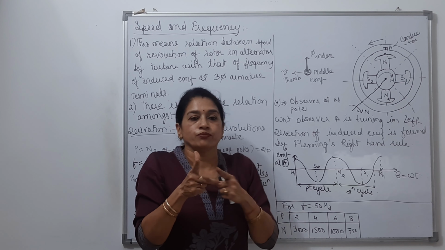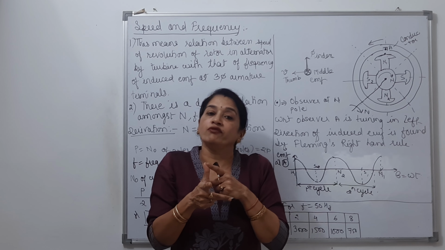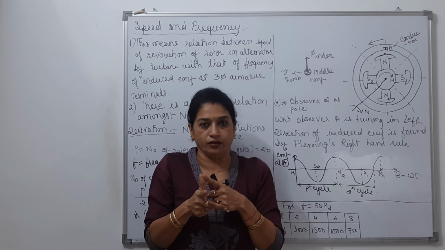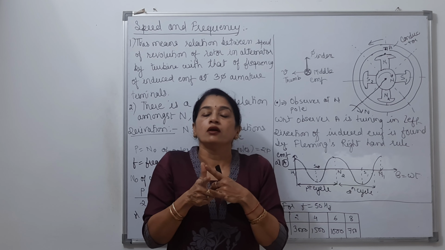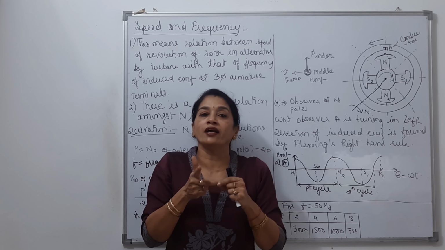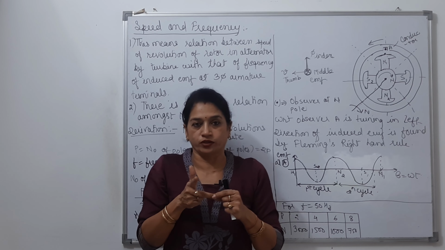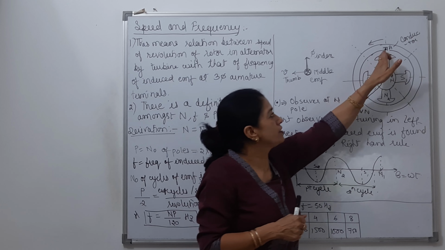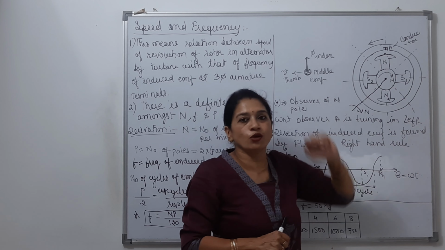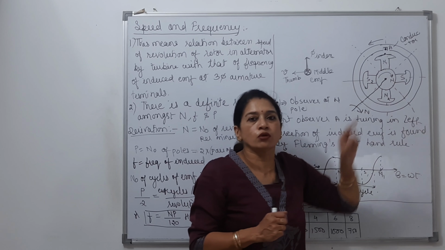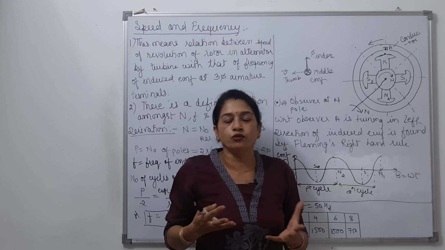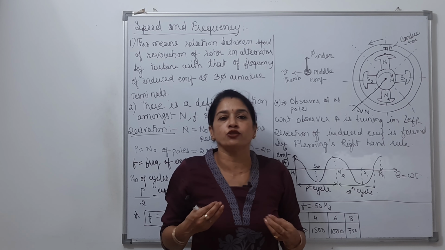For this purpose, the conductor in which I want to know the EMF should be under movement. Mind my words, the conductor for which I want to know the direction of EMF should possess velocity. Here, this conductor is not possessing velocity because it is over the stator. It is not rotating. What is rotating? The rotor is rotating, or the magnetic field is rotating. So what should I do here? What kind of perception should I follow here?